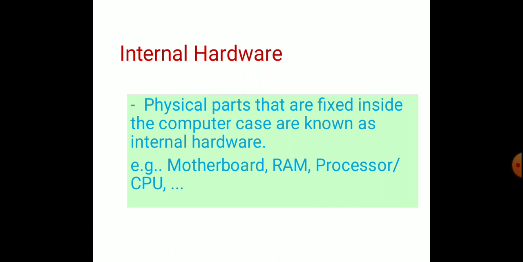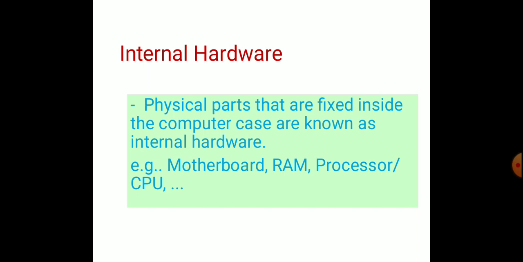Do you know what is an internal hardware device? As I said earlier, the external hardware devices are placed outside the computer box, which we can see easily without any effort. But internal hardware devices cannot be seen like that.